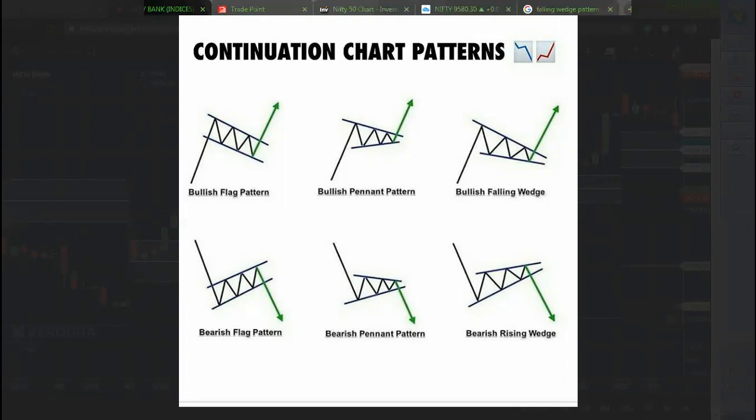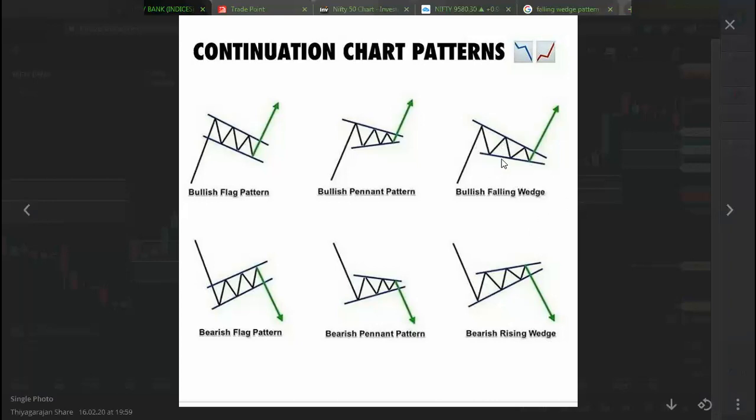In a falling wedge, what will happen is there will be a contraction happening from the mouth, the opening point of the pattern. The trend lines on both sides, the upper side and the downside, will be falling. It will be falling in the sense there will be contraction. See, from here the size will be reducing. This size is getting reduced to give a big breakout. And it is the opposite for a bearish rising wedge also.